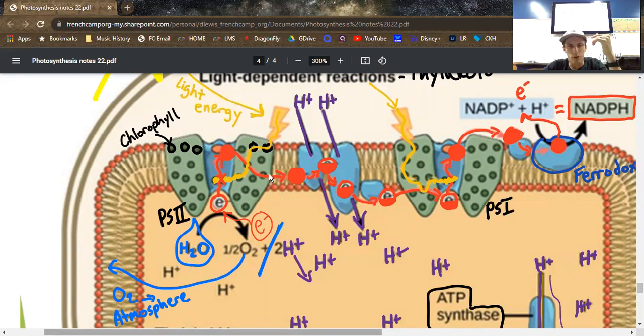So a water molecule, due to the energy here from this set of reactions in the electron transport chain, the light energy, water is then going to be zapped, split in half. The oxygen then leaves the cell. You see 1/2 O2 pairs with another 1/2 O2. You make oxygen, which then leaves and goes into the atmosphere. It could also be used in cellular respiration in the mitochondria, but where we get the oxygen we breathe comes from